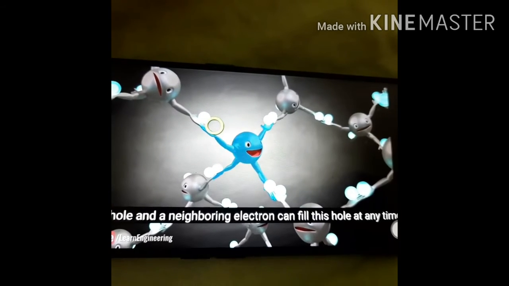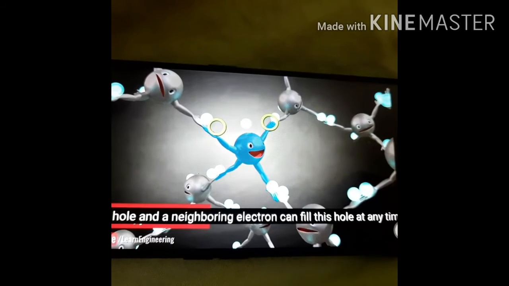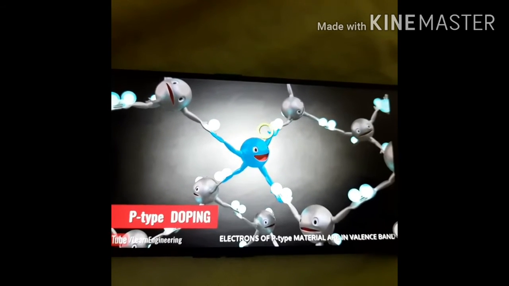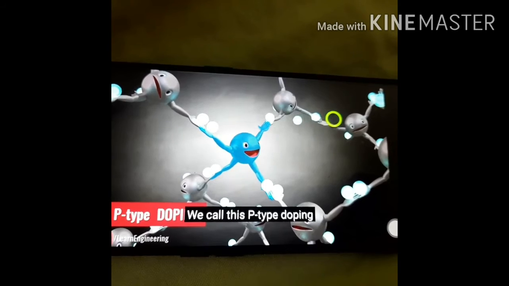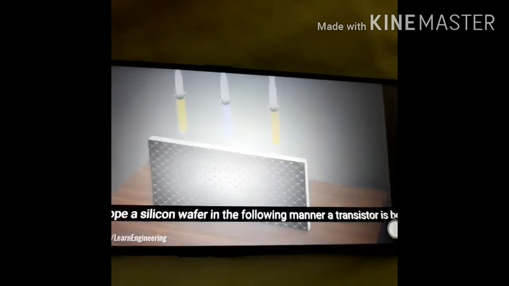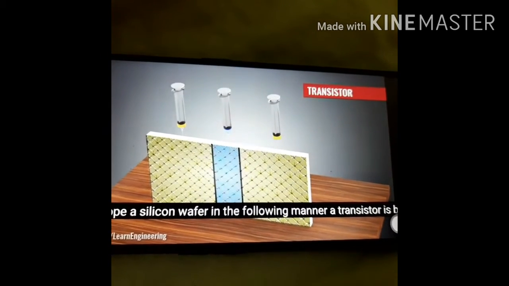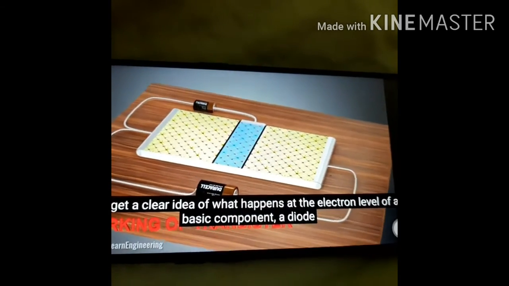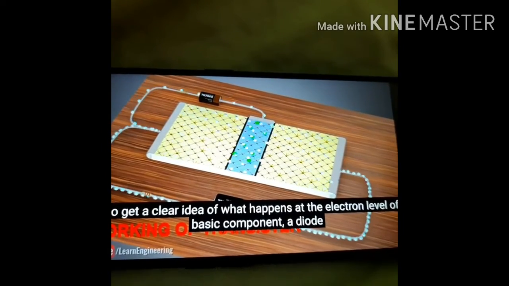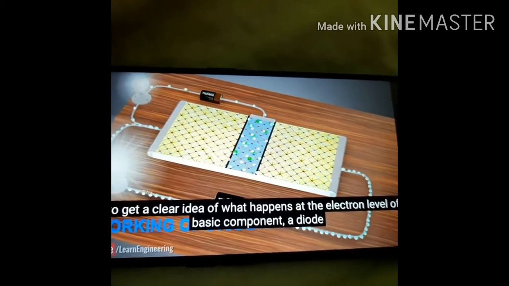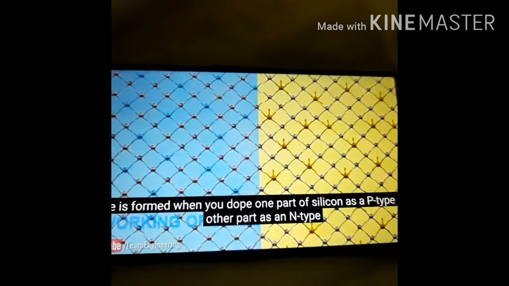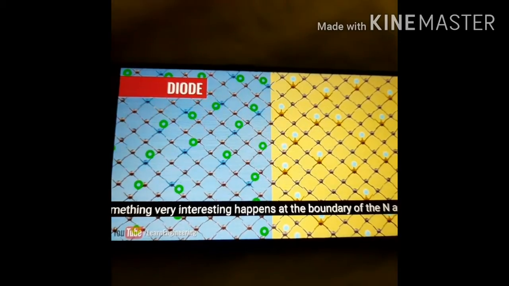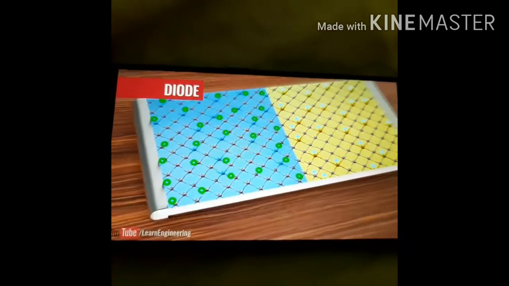So in the transistor, we can see that these form 3 layers here, N, P, N. Since we are adding N-type impurity, electrons will be more. If it is P-type, holes will be more. The base junction will be very thin, which is of P-type, and we can see the operation. The electrons in N-type will combine with a few of the holes in the P-type. The highlighted ones you can see as the electrons, and this side it will combine with a few of the holes.